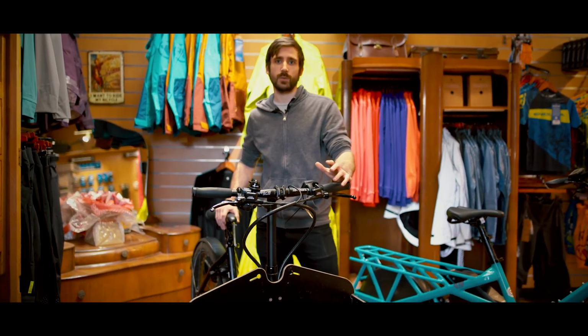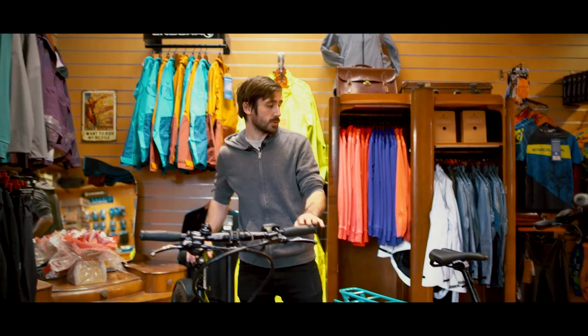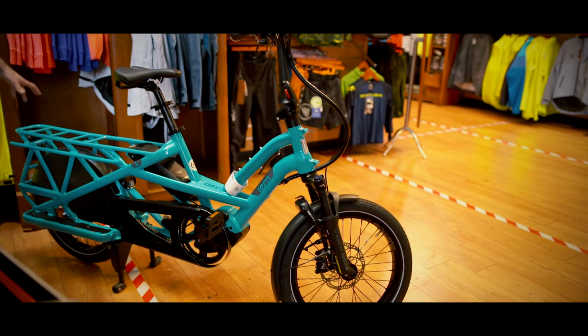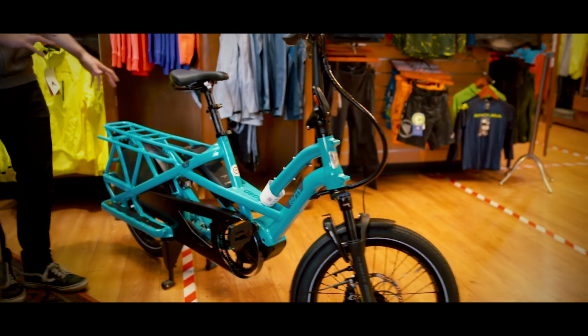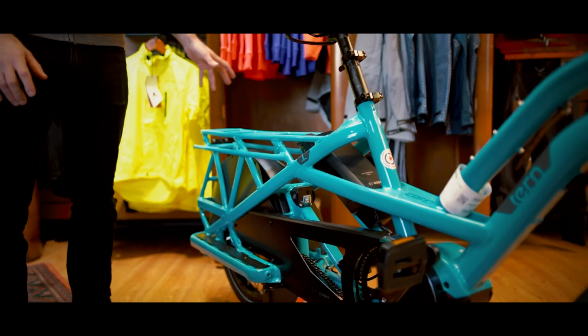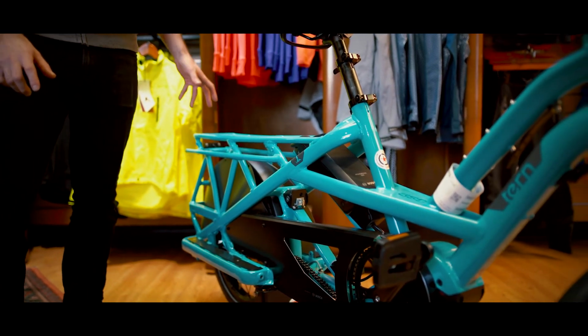Some cargo bikes that we sell look quite similar to a normal hybrid bike, albeit much beefier and with a lot of loading space on the front and back of the bike. You also get cargo bikes like this style here, which is what we call a rear loader. Now, there's a number of advantages to this style here. You still got plenty of space for carrying passengers or for carrying cargo on the back, but the design with